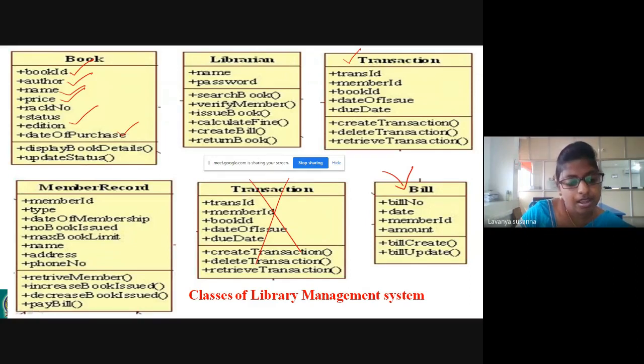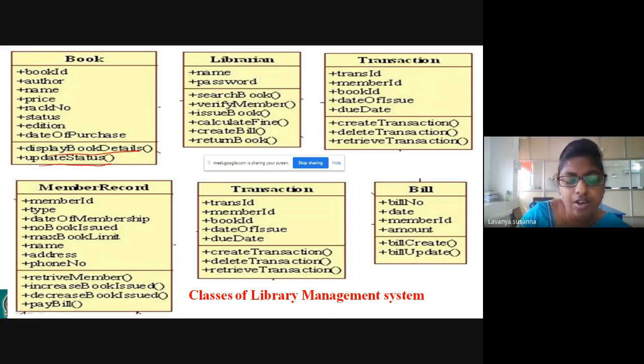Next, what are the operations? Let us see. All the book details must be displayed, right? After login, you have to request, or you have to return. If you want to see which books are available, first it must display what books are available in the system. So display book details, and update status after returning or after issuing. Status must be updated in the database.